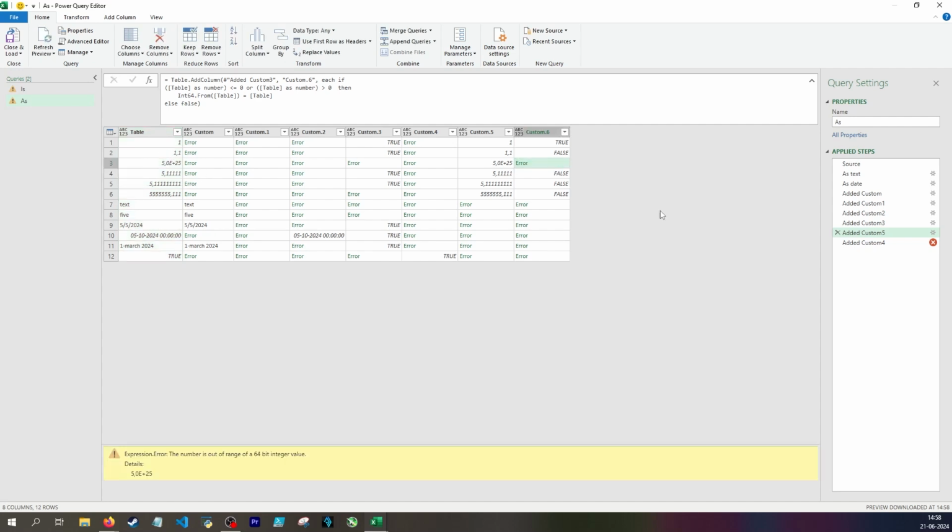So I can see myself using is, like I did in the video where I wanted to convert dates properly, but I struggle to see where I'd want to use as, because it errors so easily. If the value can't be interpreted as that data type, that row will fail. So you could do it in order to combine it with remove rows. So remove any value that can't be interpreted as that data type, but I probably wouldn't use it for anything else. So yep,